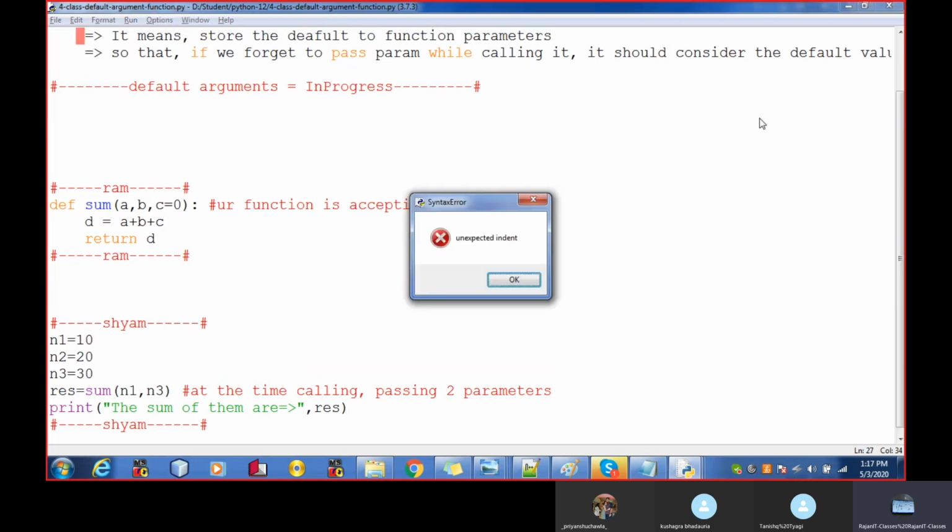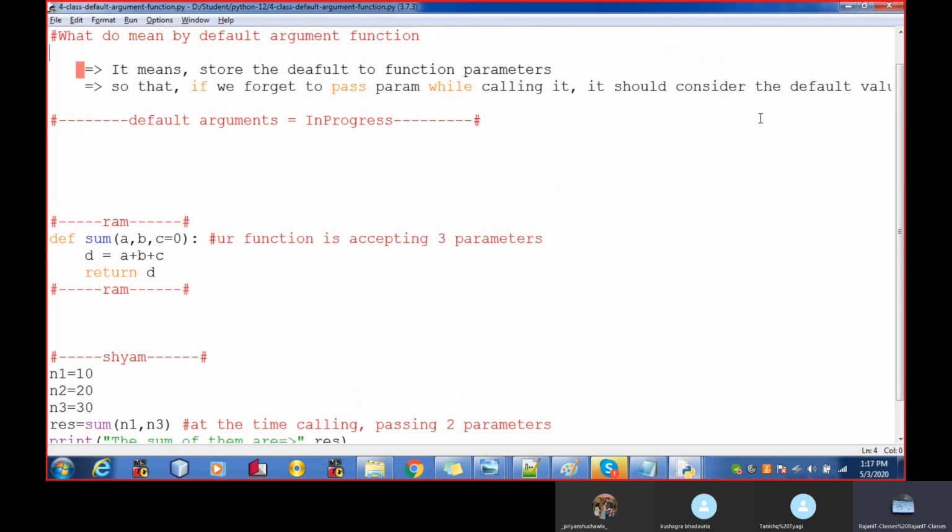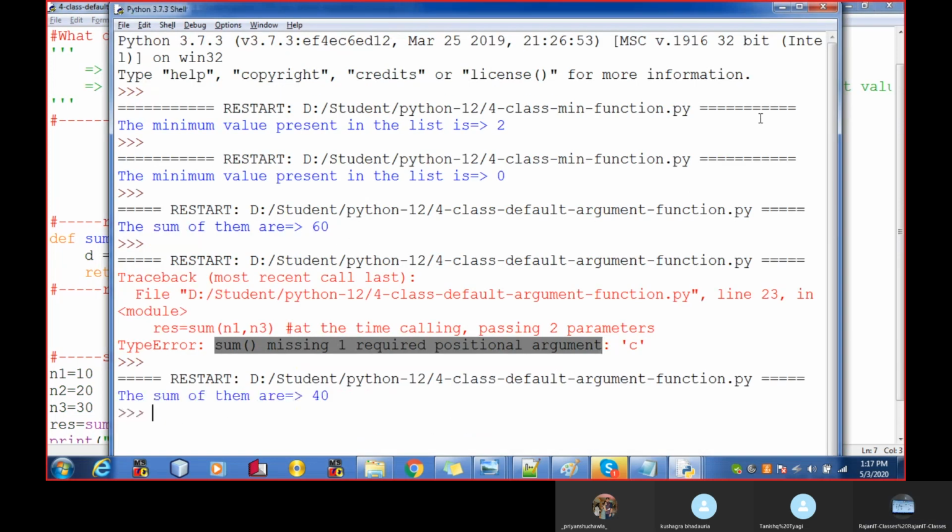Let's run the program again. Let me comment this part. See, the sum is 40.